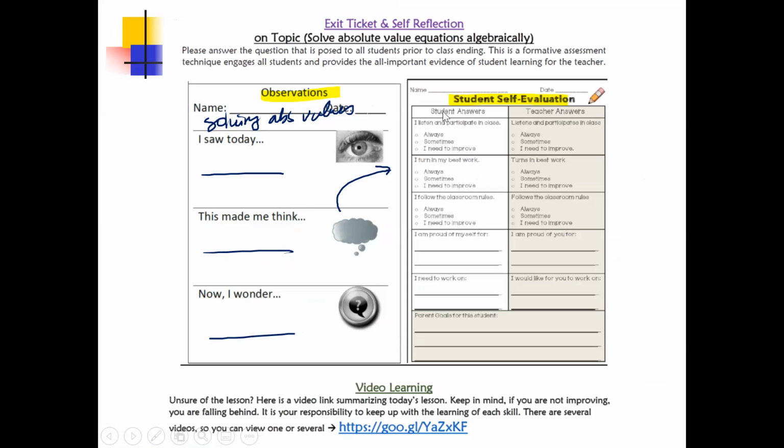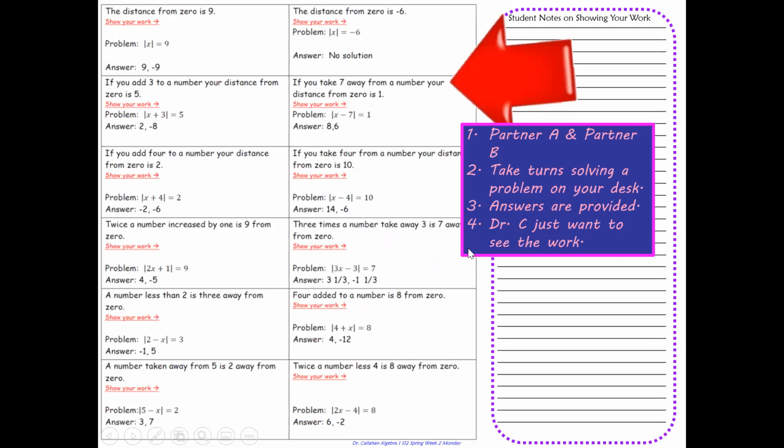And then I want you to take a look over here at your student self-reflection. Student answer: I listen and participate in class. Always, sometimes, I need improvement. I turn in my best work. I follow classroom rules. I'm proud of myself for blank. I need to work on blank. All right,